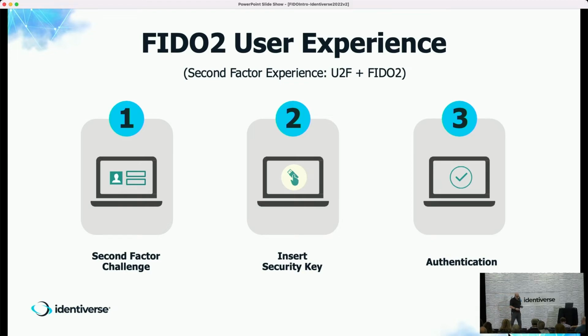So the FIDO experience, there's two models. FIDO can still be used and is often still used for second factor authentication. There's a lot of scenarios where that's the right choice for a number of reasons. Sometimes it's the easiest way to integrate with existing systems. And so what you have, again, is your ask, act, and validate. The ask in this case is, presumably you've already entered the first thing, which is your password. You're then prompted for your second factor. You insert your security key, or if it's there already, perhaps just touch it. And then again, you've got the validation authentication that takes place.